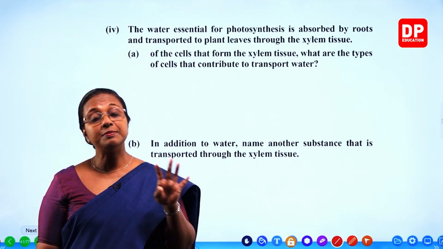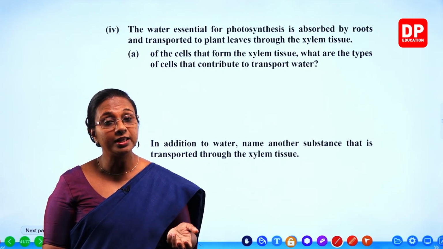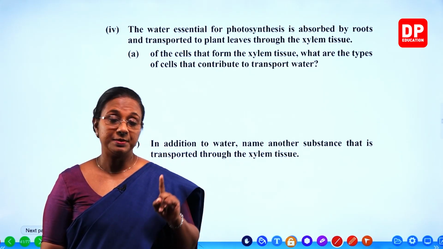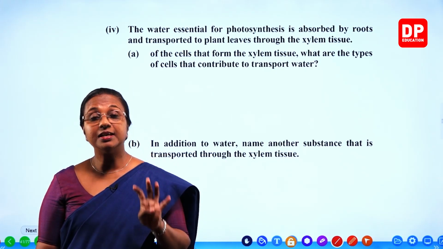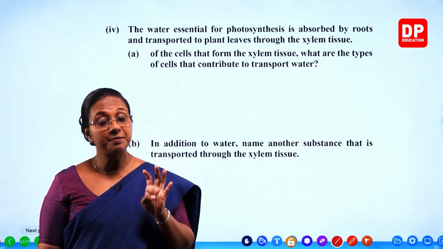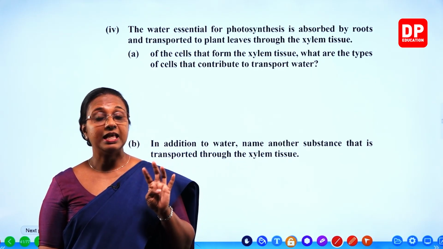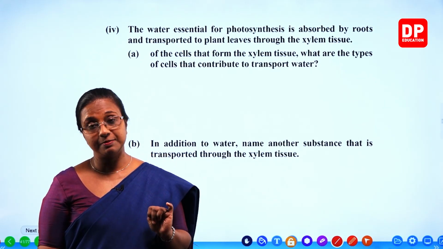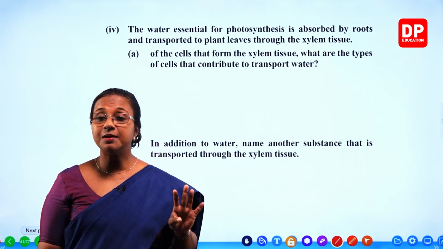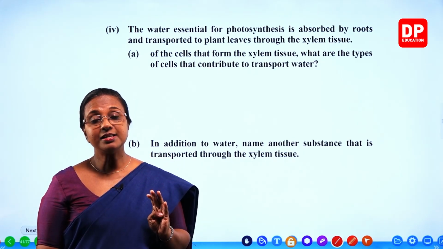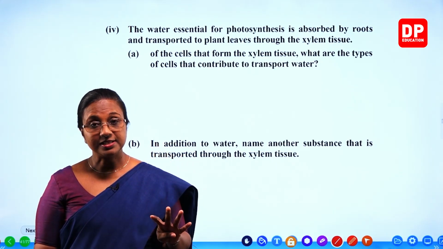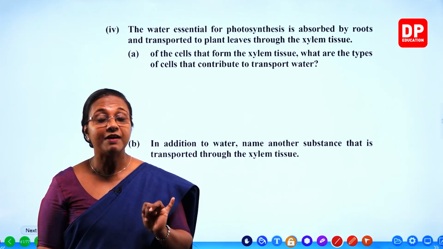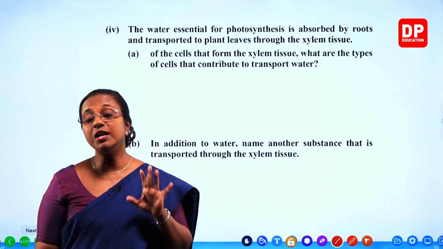Now you all know xylem is a complex permanent tissue. Why do we call them complex permanent tissues? They are made up of more than one type of permanent cells. So there are the xylem vessels, which are made up of xylem vessel elements, then the tracheids, then there is xylem parenchyma and the xylem fibers. Out of these, only the xylem parenchyma is living cells. All the others, vessel elements, the tracheids and the xylem fibers, are all lignified cells. Because of that, they are all dead cells.